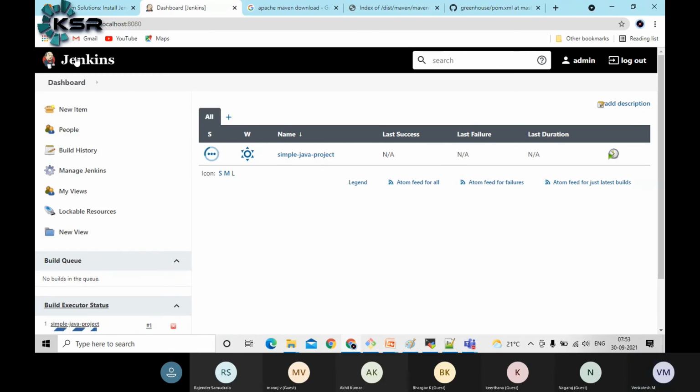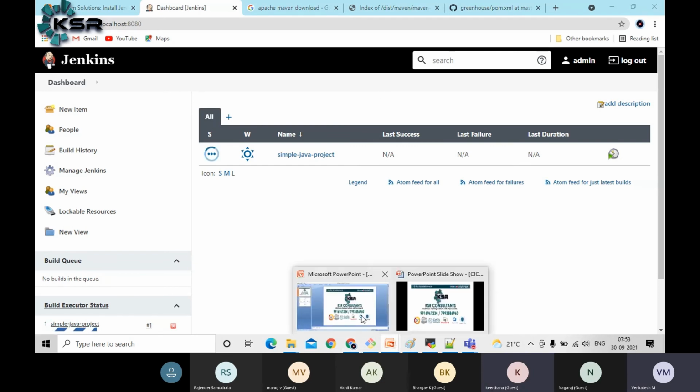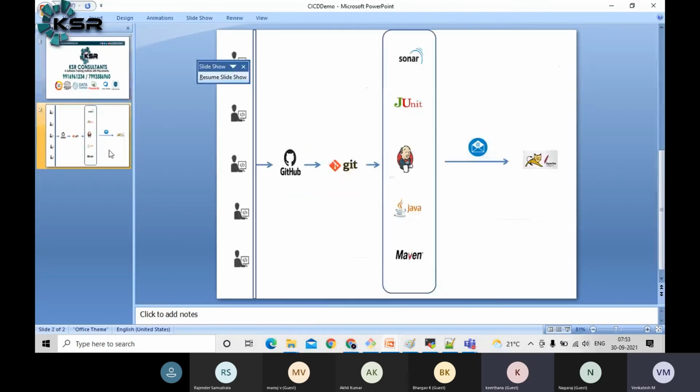You can say I have integrated SonarQube, and whatever I have told you here, you can tell everything. Then in further sessions we are going to work with Docker also. There are additional steps, like creating a Docker image and publishing it to Docker Hub, and finally deploying on Kubernetes. This is how I will tell you the process.